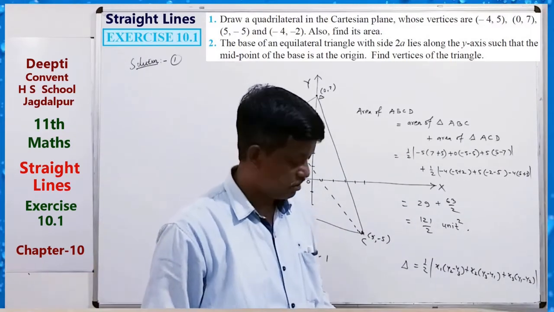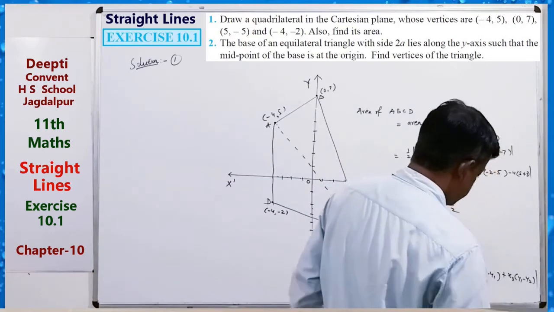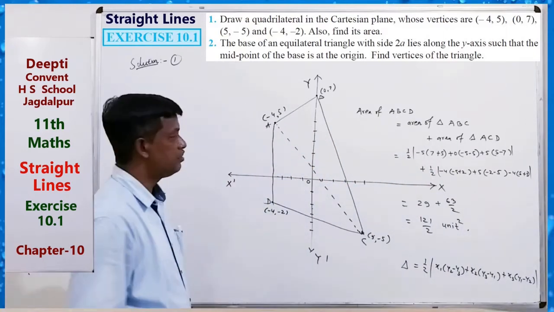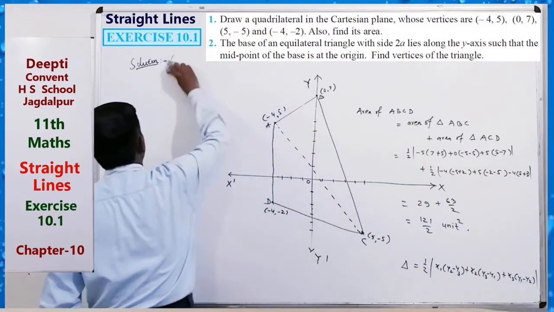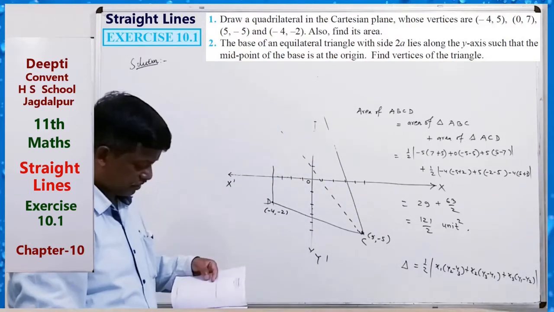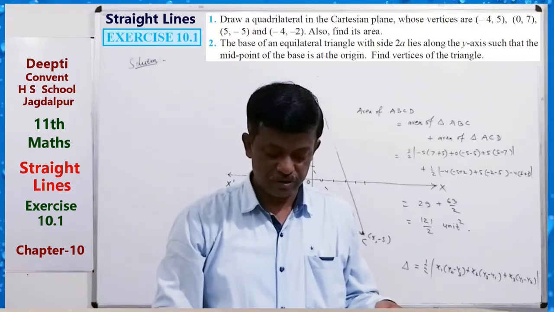So this is the use of the formula of area of triangle. Okay. Now question second. Here question second is what? The base of an equilateral triangle with side 2a